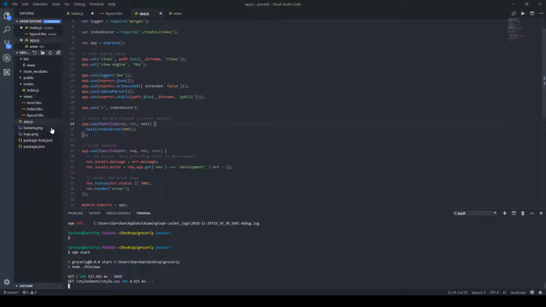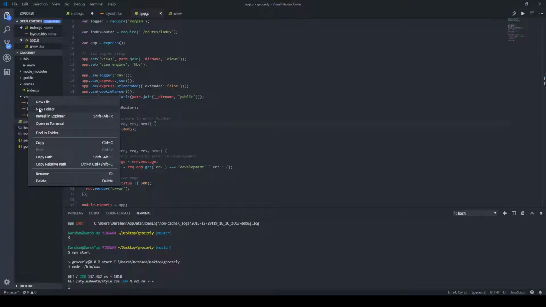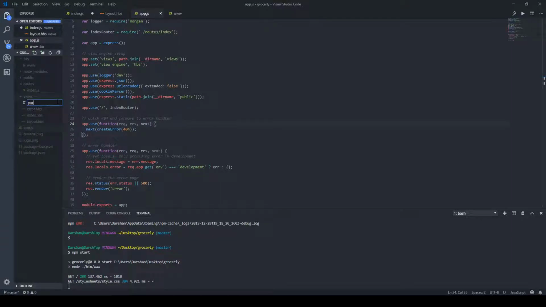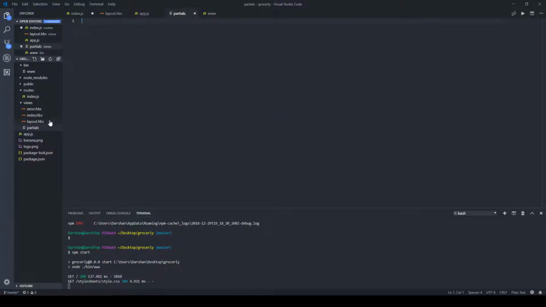But before all this, I just remembered, what we want to do in a handlebar is basically load the header every single time the website is at any page. So you want to use a thing in handlebars called a partial thing. This is the default directory, so let's just make it right now. New file, and then we call it partials. This is inside the views folder. And then we want to create a folder inside here